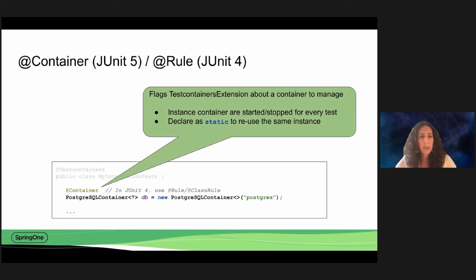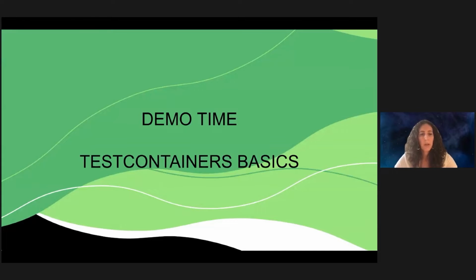So if one of these JUnit lifecycle events happens, then you have to kick in and either start the container or stop the container. But Testcontainers is basically managing that lifecycle and helping you, of course, connect to the container that it's starting. So if you leave it the way it is, then it'll be one container per test, and you can declare them. You can also declare them as static so that they can be reused as any static object would. So let me show you a demo of all of that in action